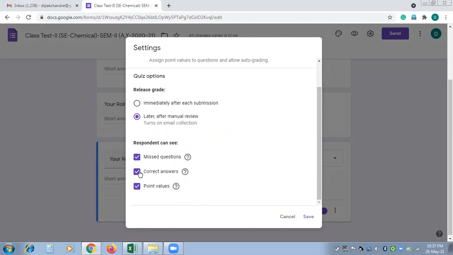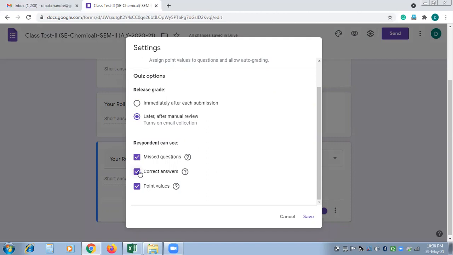If you click on this correct answer, students are able to see the correct answer. So what happens by clicking this option? Suppose a student appears for the examination using false basic information, either roll number or the name of the student.